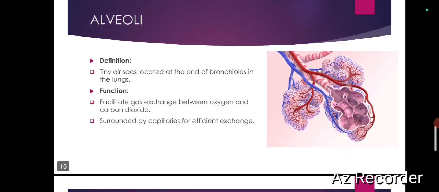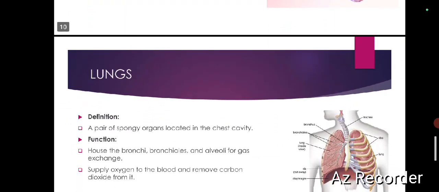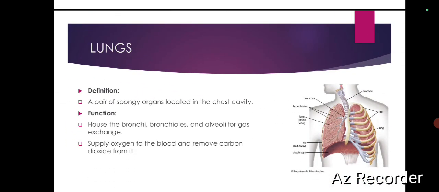Okay, and the last one, which is lungs. So here we can see the picture of the human lungs. Lungs are a pair of spongy organs located in the chest cavity. The function of lungs: house the bronchi, bronchioles and alveoli for gas exchange, supply